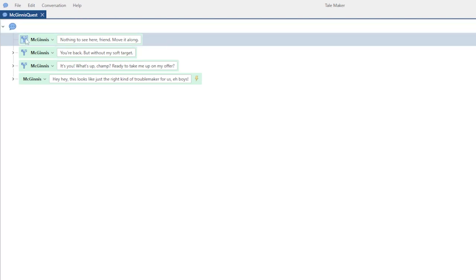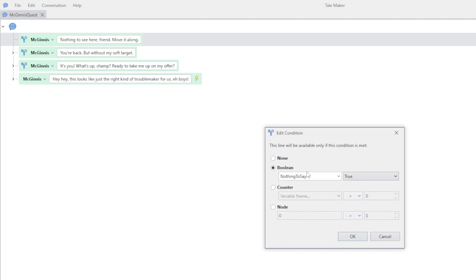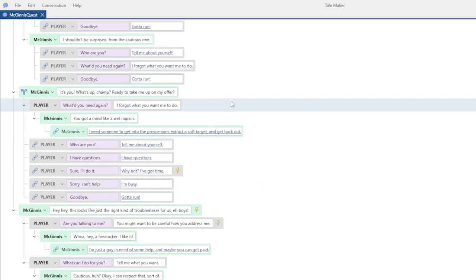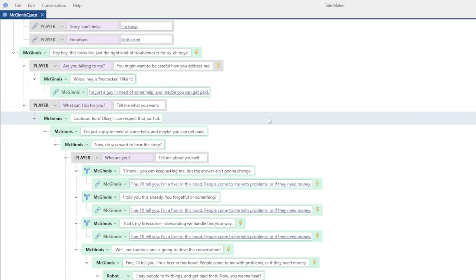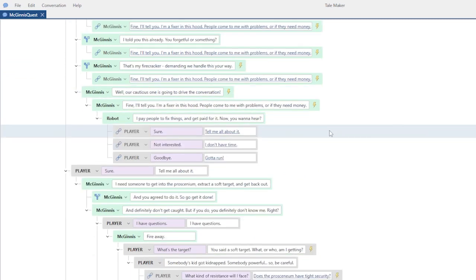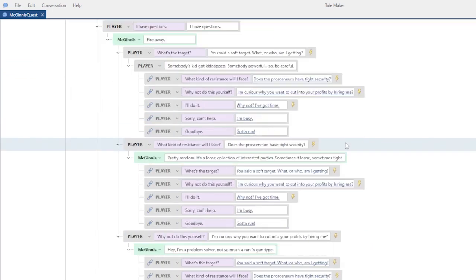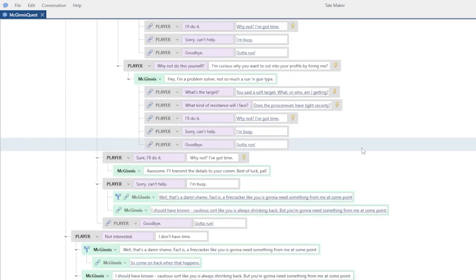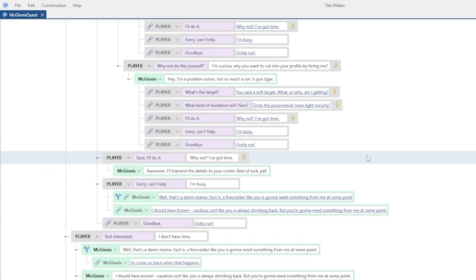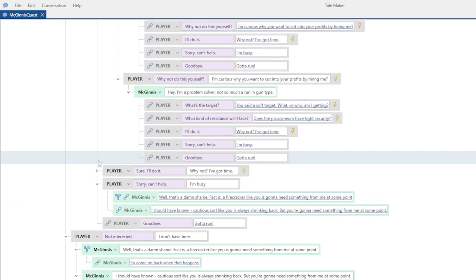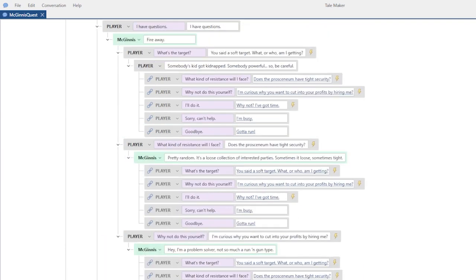As you can see, if the character has a one-liner that indicates they don't have anything more to say, it sits at the very top, as that will be the character's only line for the rest of the game. There's no need to test a bunch of conditions every time the player clicks on this NPC. You'll notice that this long, complex conversation has a lot of blue links in it. The designer is moving things along to where they need the player to be. But it's also the case that using blue links can really cut down on the number of nodes and lines in a branching conversation. Tailmaker is an elegant combination of strong technical tools and a format that allows designers to